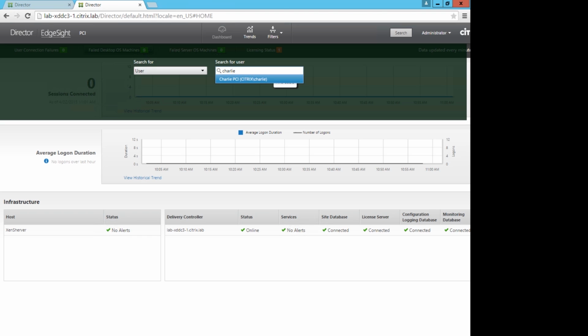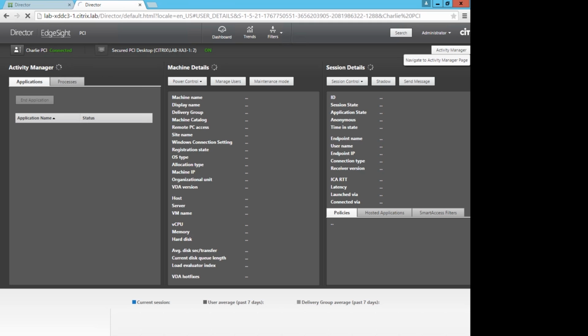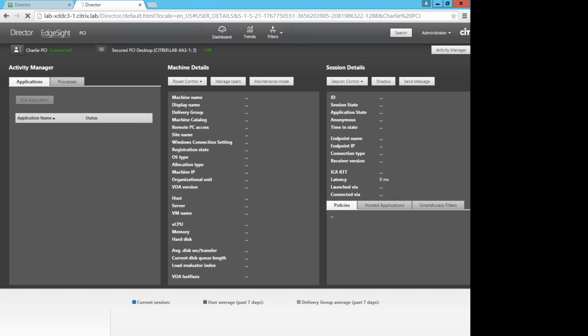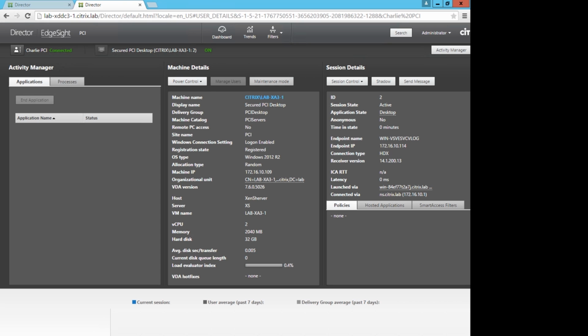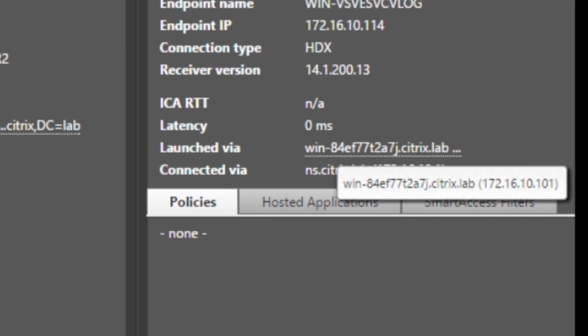This is the Director for my PCI zone, and I'll click search, and I'll find that same user. He's actually logged into a completely different site, so we have to use a different Director. Let that activity come up. There it goes. So we've got our details, and we go in here, and we'll see all the same information. We would have the same details from the session, but when this populates, what we'll see is that we were launched via the storefront,